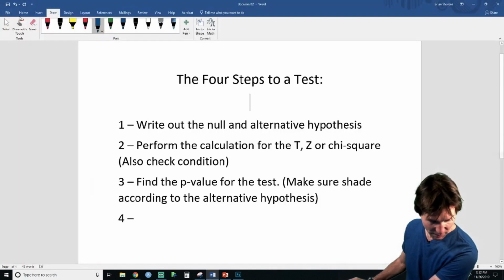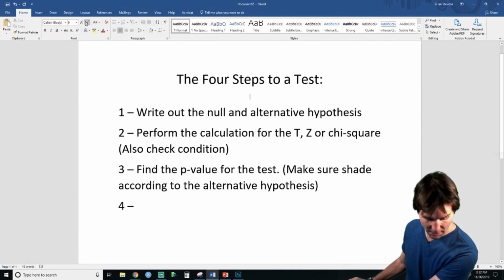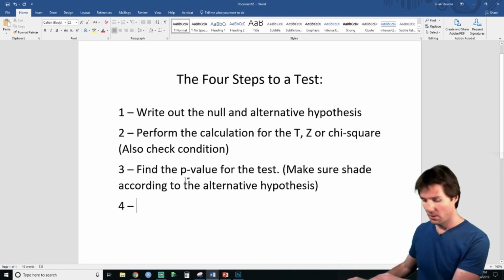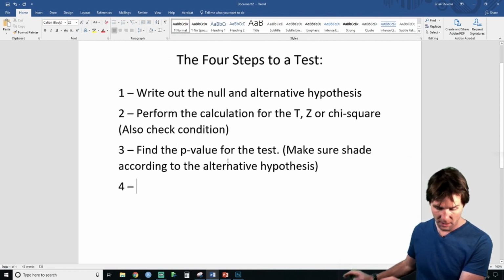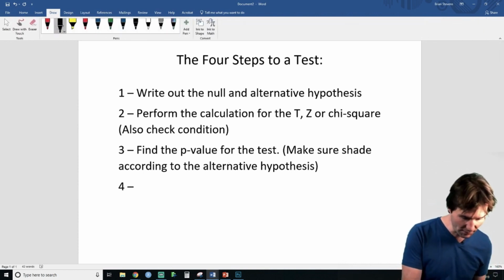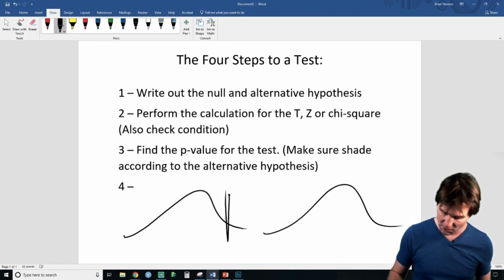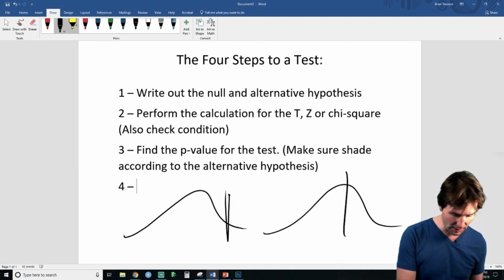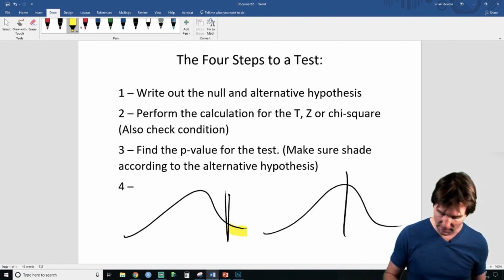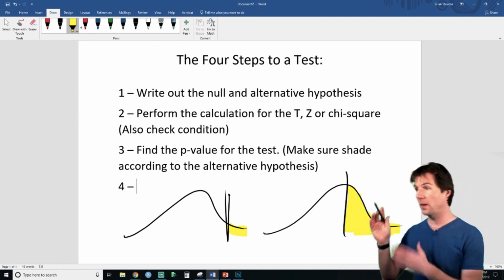So we can have a low p-value or a high p-value. How does that work out? Well, the way it would look visually is, generally speaking, these are the extremes. We can often have a p-value, and let's just do a right-tailed test that maybe looks like that, or a p-value that looks like this. So I'm going to shade the area under the curve right there, and I'm going to shade the area under the curve right here. So once we find the t or the z, which is where the line is at,